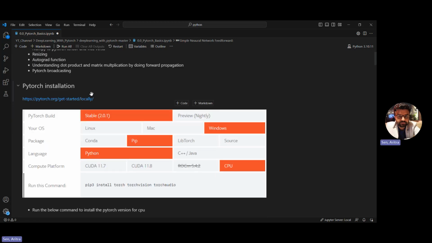To do the PyTorch installation, you can visit this link. The link to this notebook I will give in the description of this video. So from that you will get this link, and